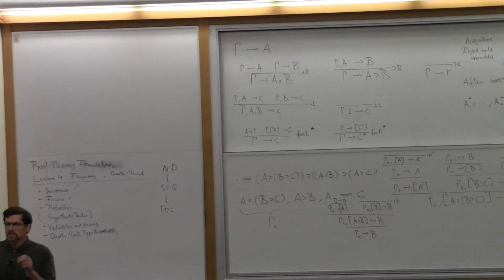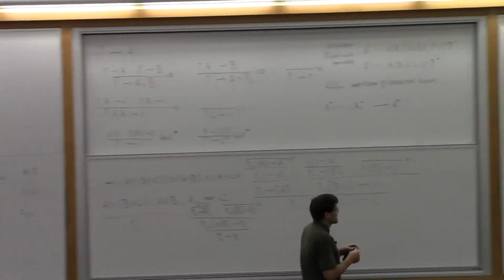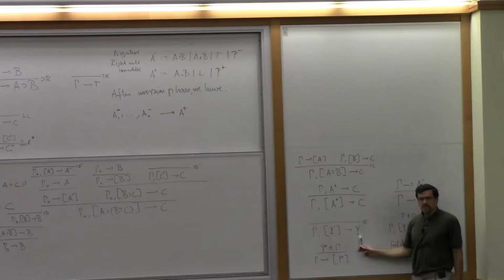The problem is if in the same subgroup the same atom is positive or negative, then you won't be able to apply the identity rule. Because the identity rule, the two identity rules, require something in focus and something on the other side. And if this is positive, it's not going to work out.